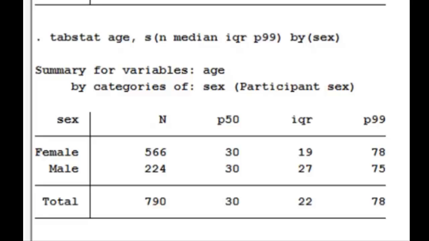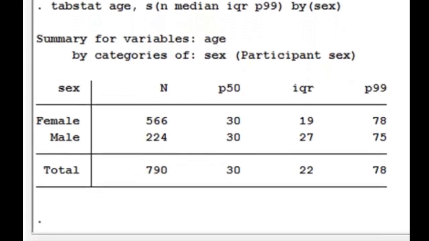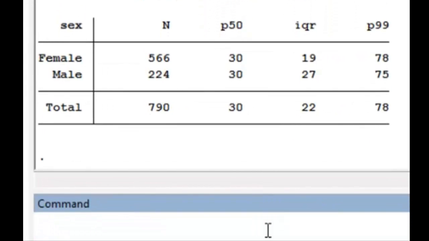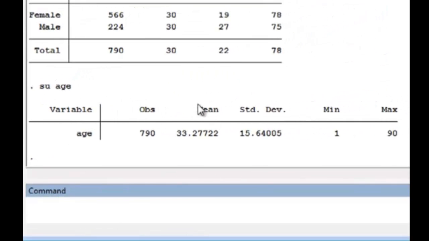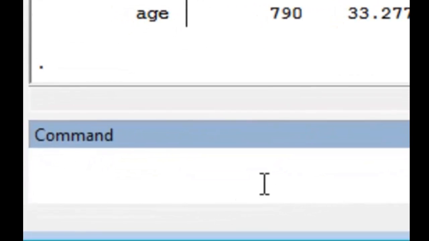I'd like to add that the summarize command can also show you many of the same things here, but there's a trick to that. You have to type in the option detail. So remember, summarize can be SUM or SU, and we can choose however many variables we'd like again. Let's choose age for this. And if I just type that, it shows the number of observations for age, the mean age, standard deviation, and the minimum and maximum. But if we type